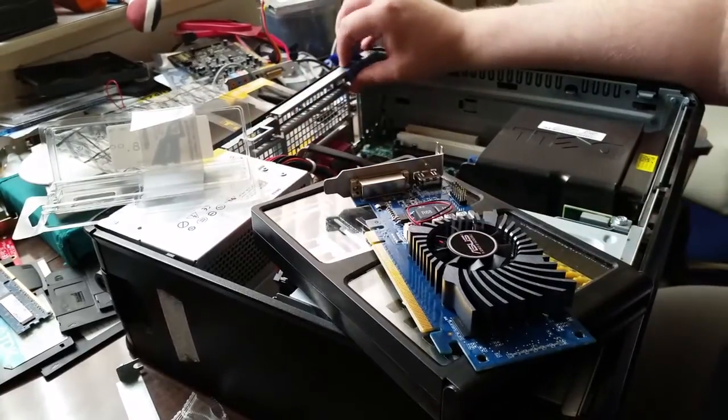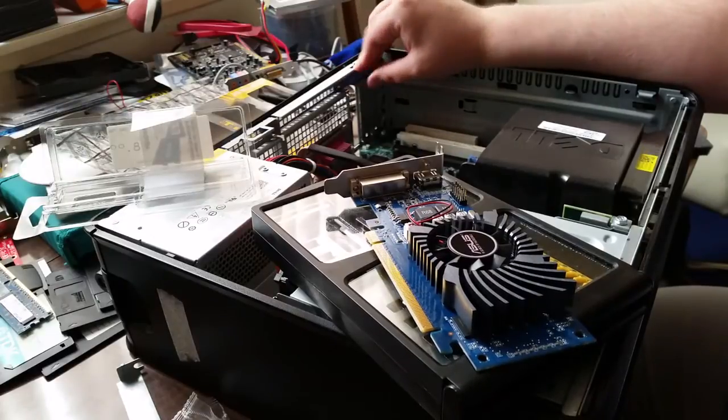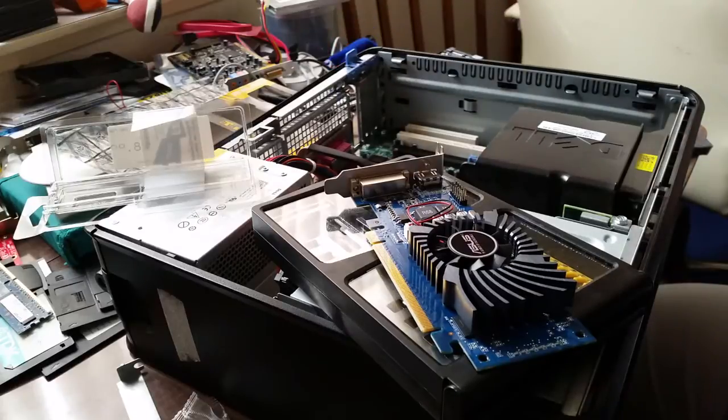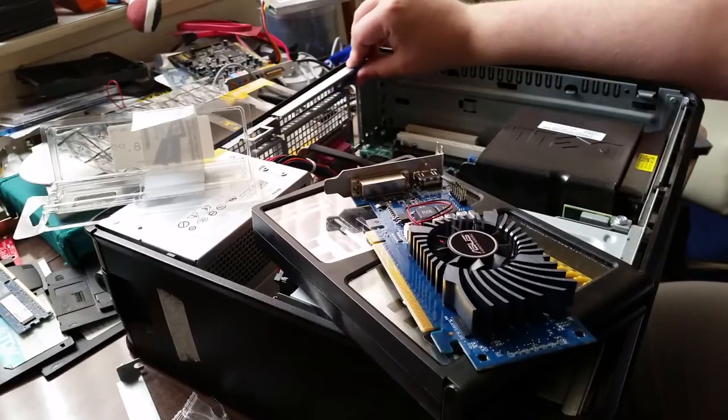There we go. Just needed screwed in properly. I bet if I was to... Oh no, it's still... Right. And this purple tab actually does hold the cards down as well, so...